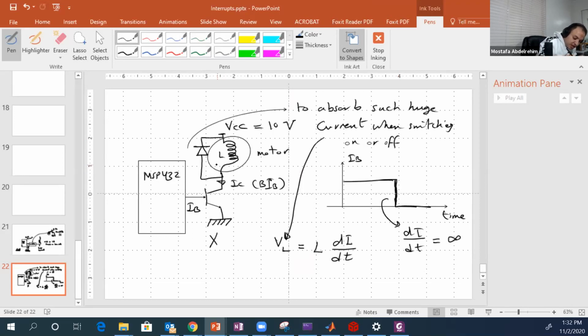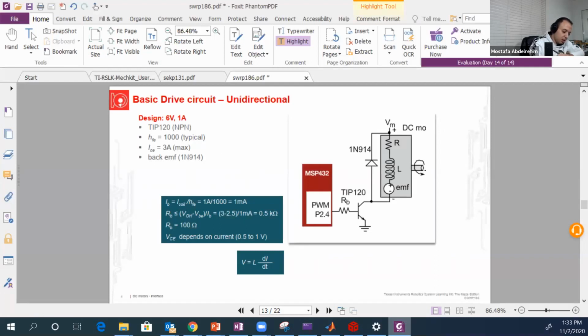Because this EMF has a polarity like this, this diode will be forward biased. So the current, instead of flowing in that direction to the transistor, will flow into the diode. That's why we need this diode in here. So let's go back to that guy here. This is why we need such a diode and such a transistor to interface our microcontroller to